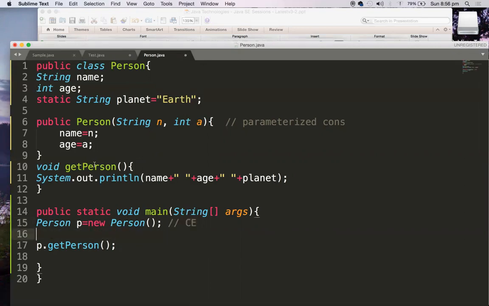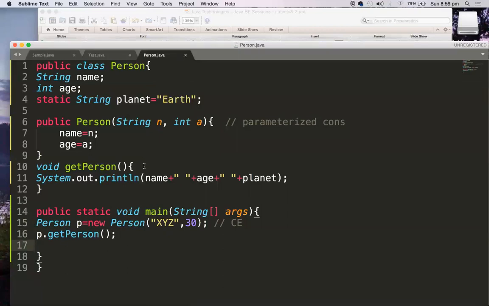This is not required. I don't have a method. Okay, and this default constructor you cannot write. So what has to be done? Your constructor call should match with the constructor that you have written, because the compiler will no longer supply the constructor since you are writing a constructor here. So now Person P equal to new Person, and you must pass a String. Let's say you are passing some name, that is XYZ, and some age 30, which is an integer. So now this Person call matches with the constructor that you have written.